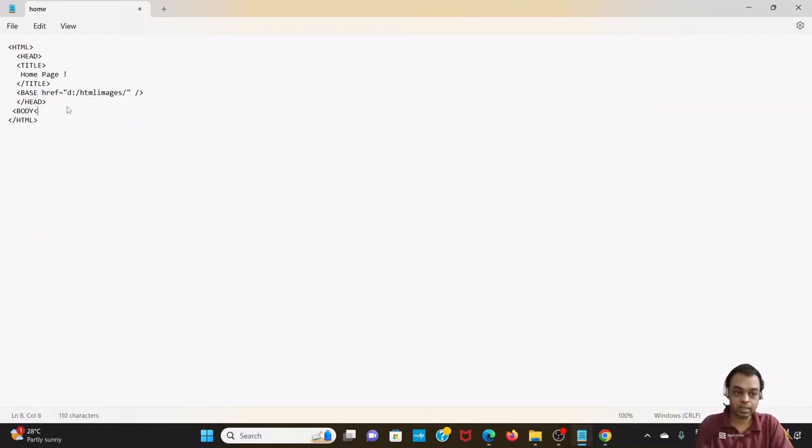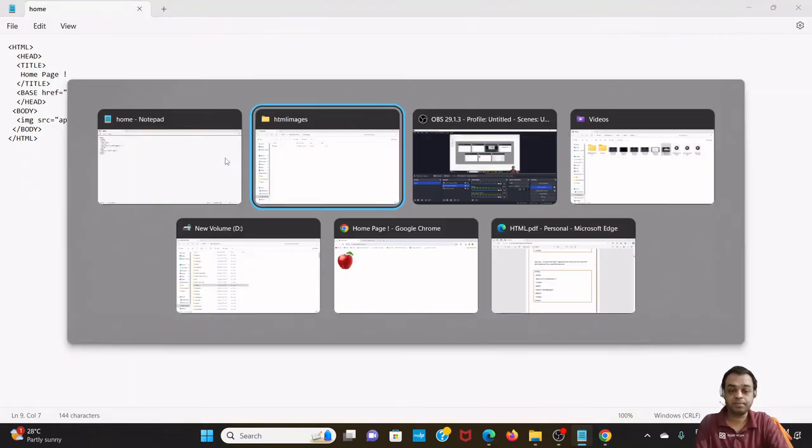I am supposed to keep the content inside the body tag. So inside body tag, to display an image, we have an img tag, image tag, where I just mention the name of the image. So what happens here? The HTML document will search for the image at this location. So we don't have to mention the complete address for the image in the img tag. Right. So we'll save this